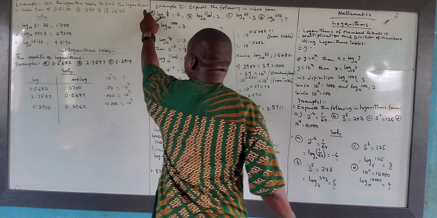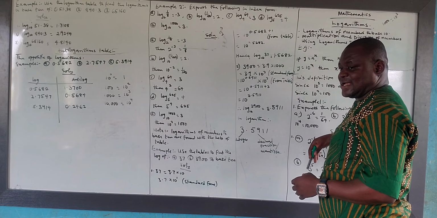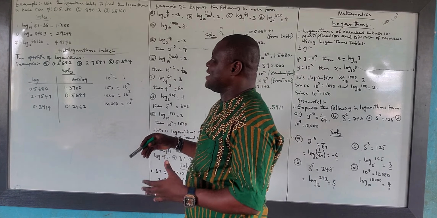Greater than 10, we use the 4-figure table. The one less than 10, that's when we solve in this form. Is that clear? So the one greater than 10, we are using the table. Now, we have 51.38. 2, we have 840.3. 3, we have